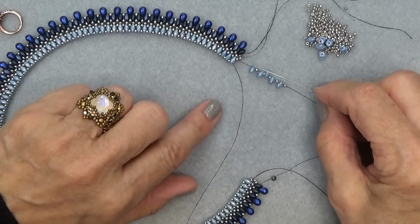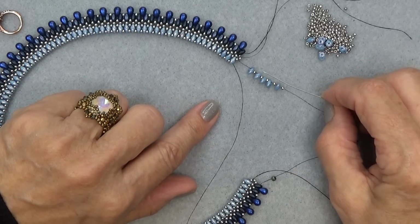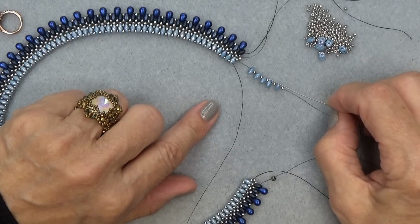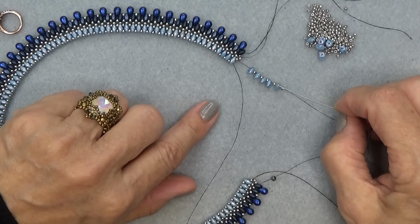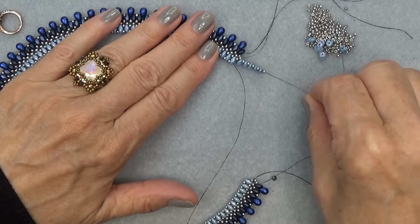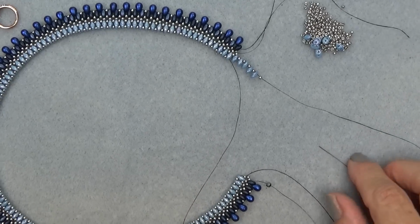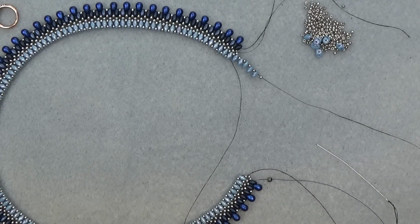So I've added on a SuperDuo, an 11-0, SuperDuo, 11-0, SuperDuo, 11-0, SuperDuo, 11-0, SuperDuo, and an 11-0. I'm just going to drop those down like that. So it's just going to continue just that top portion, and then I'm going to grab my clasp,